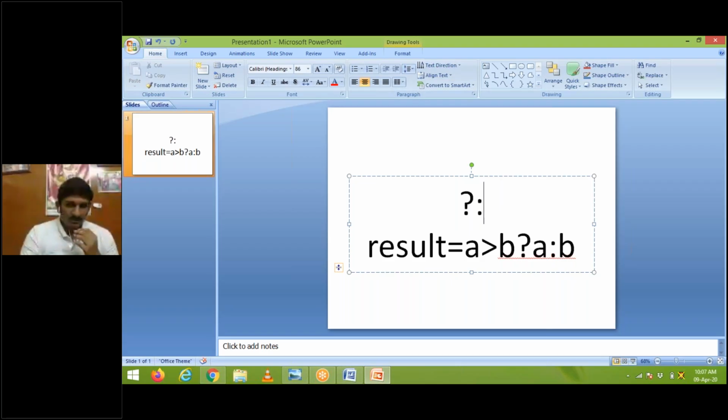A conditional operator is also called a ternary operator or two-token operator. Okay. So here the question mark and colon, what is the purpose of this? This is used to check the condition. For example, if here I am declaring the expression result equal to a greater than b question mark a colon b. That means if you would like to find out the biggest number between two numbers, you can perform it by using an if condition. Also, you can perform it by using the conditional operator question mark colon. So this is the purpose of a conditional operator.